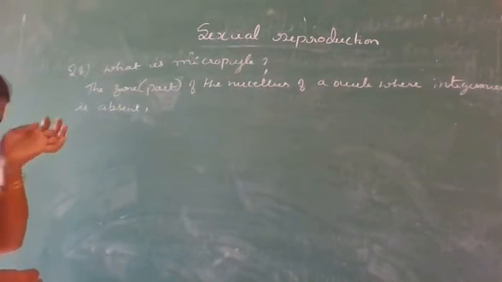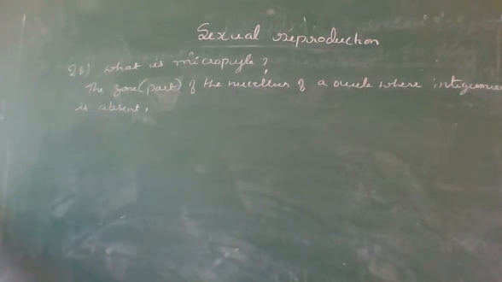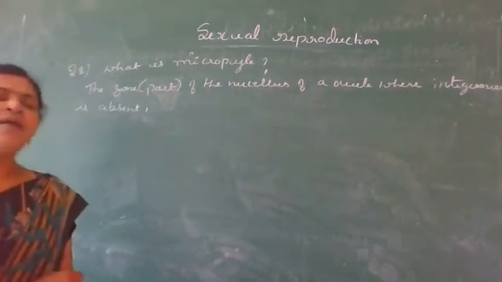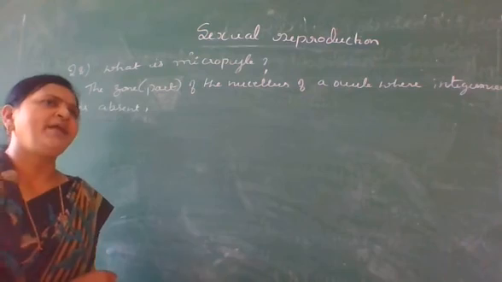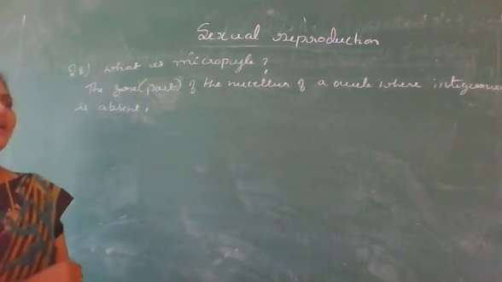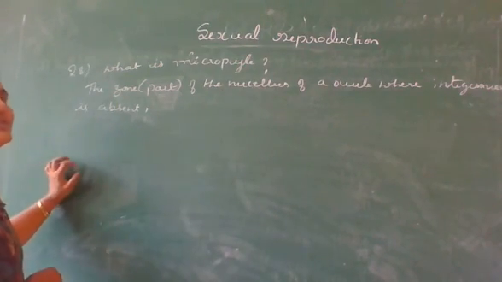Now, the region which is quite opposite to the micropyle is called what? Chalaza. Now, generally, the megasporangium development takes place in this micropyle region of this